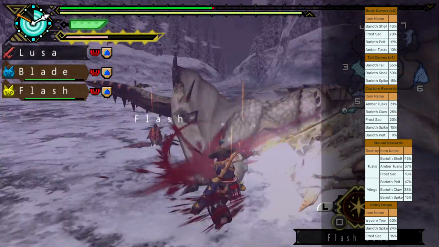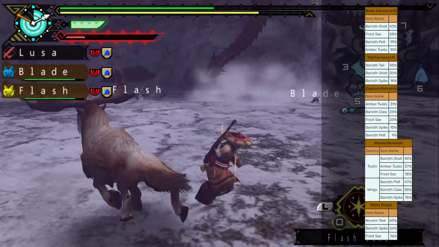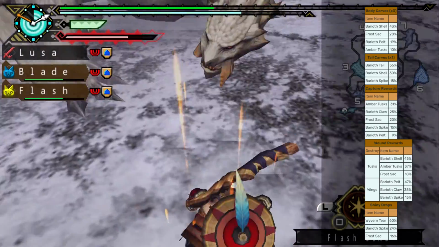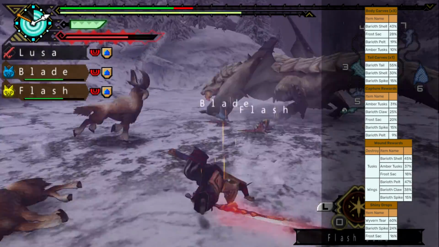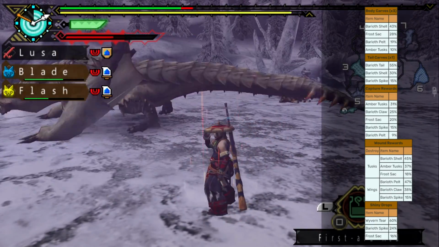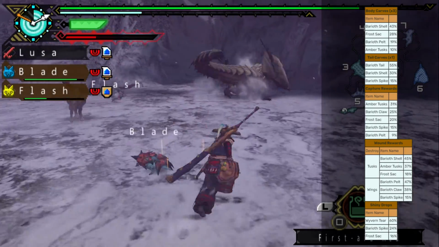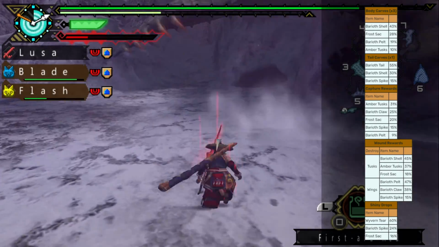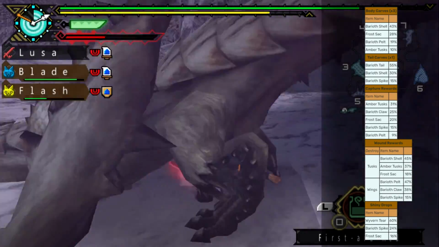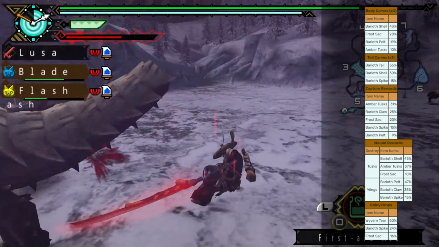For wounding this monster, if you destroy the tusks, you have a 45% chance of getting a Barioth shell, which is kind of weird since they're not really shells. 37% chance of getting the amber tusks, which should be more like a 70% chance if you're destroying the tusks there. Frost sack comes in at 18%. And if you damage the wings, you get a 47% chance of a Barioth pelt, a 38% chance of a Barioth claw, a 15% chance of a Barioth spike,